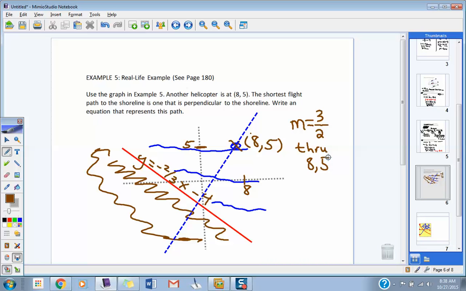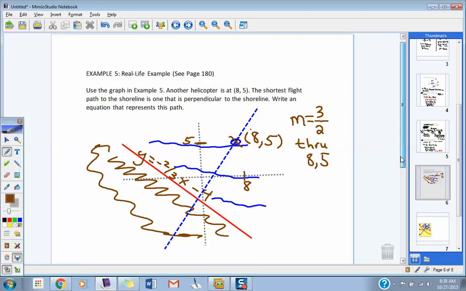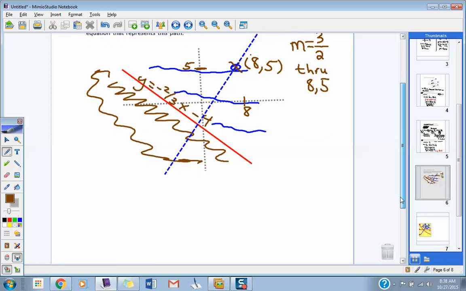So I'm going to give myself a little bit of room to work this. You've got a point, you've got a slope. Can't we use point-slope form here now to write an equation for this? We can. So let's do that. Here we go. y minus the y1 value. That was the ugliest y I've ever seen. y minus, what's the y value that we're passing through? y minus 5